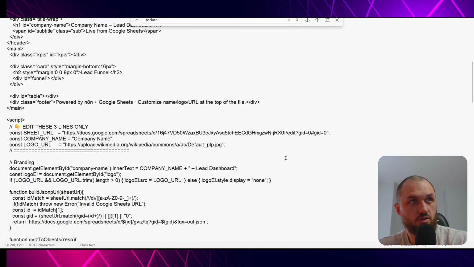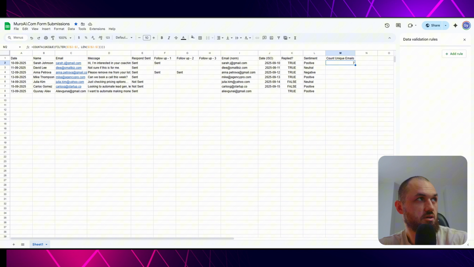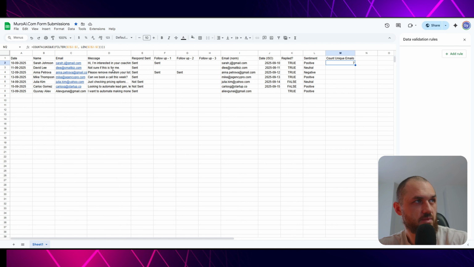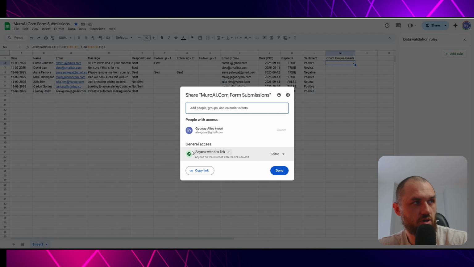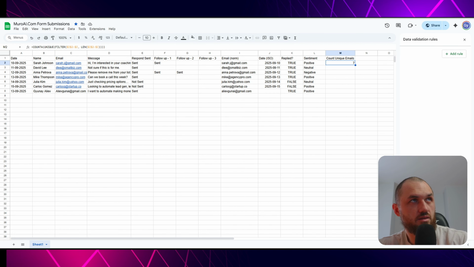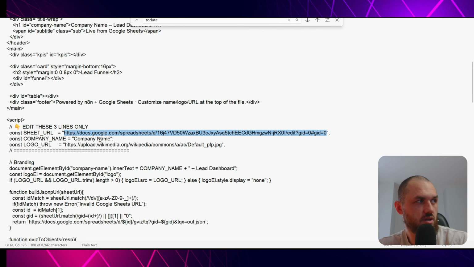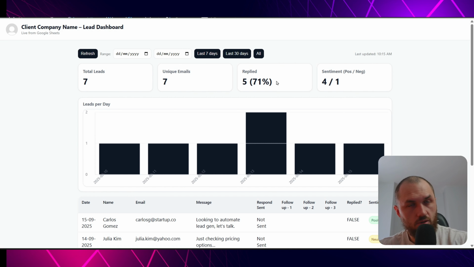You are opening the HTML file in a notepad, and when you come here to Sheets URL, you put your sheet URL, which is this one. But you have to make sure that when you go to share with others, you set this to anyone with the link, and this will ensure that this file is shared. You copy this URL, put it here, and now here on the company name, for example, you write your customer's company name, let's say Muro AI, and here on the logo URL you can put your customer's logo. Let me put my profile picture, for example. Okay, when we save the notepad